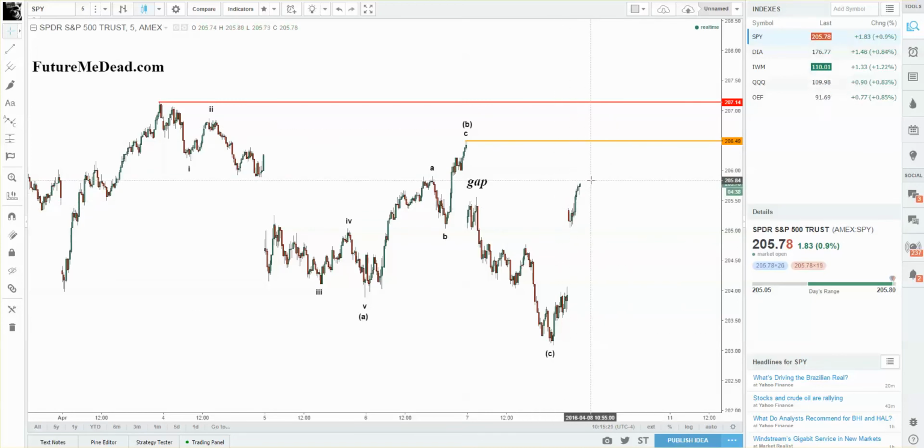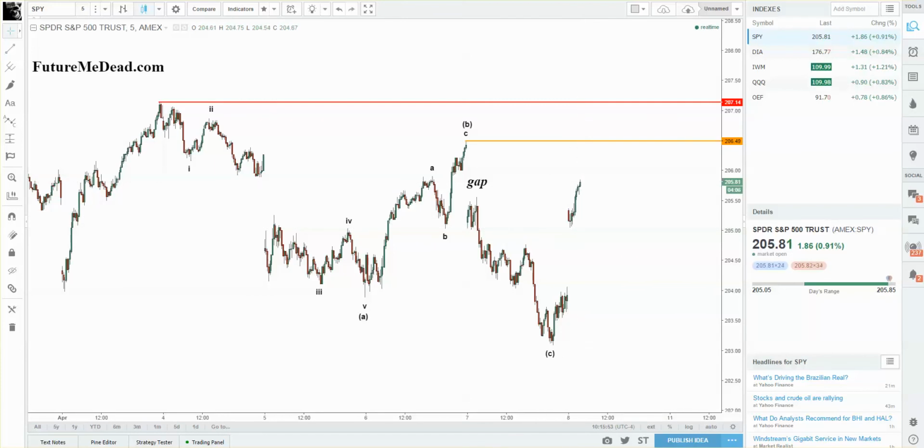Now, we may be topped in the very short term. Expect a 3-wave rally, decline, expect an attempt to fill this gap from today's morning, in order to go long. So yesterday we were bearish, today we're bullish, cautiously bullish, as we are expecting a small 3-wave correction. We are expecting an attempt to fill this gap. This is where you want to go long. You don't want to go long here at all because this is a completed 5-wave structure.